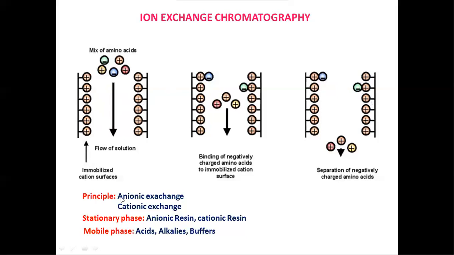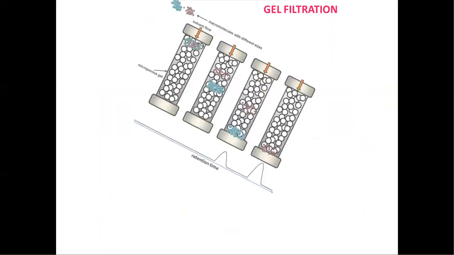Okay, so that's why we have two important principles here: anionic exchange and cationic exchange. By using this technique, we can perform many experiments like deionization of water. We can separate organic ions and inorganic ions, and we can isolate some important drugs in pharmaceutical industries. So this is an important chromatography technique that we use to separate negative and positive ions present in the sample.